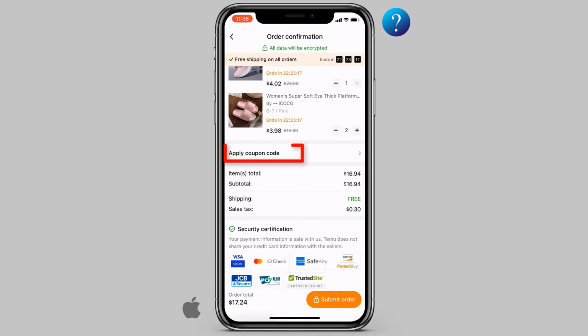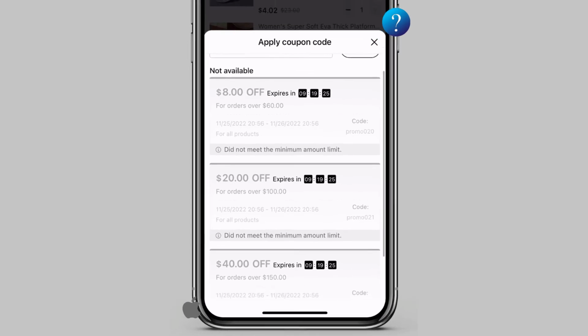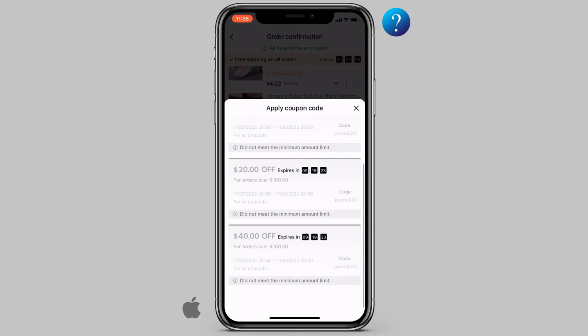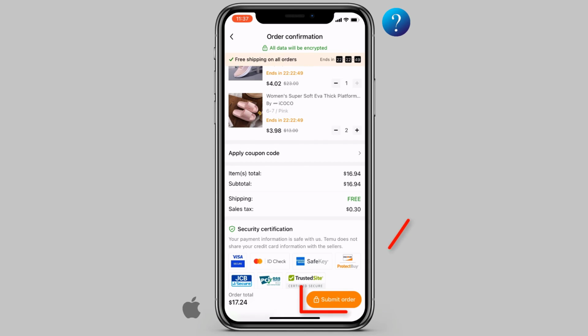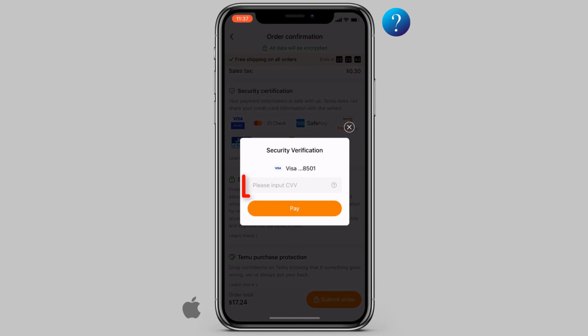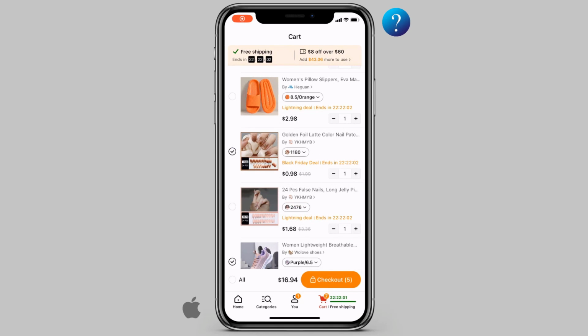Here you can apply a coupon. Click on it. As you can see, all coupons have a condition. If fulfilled, the best coupon will be activated automatically. Finally, click Submit Order. Then input card security number. Then click Pay. Now to check your shipping order, go back to the main interface, then click here, You, then